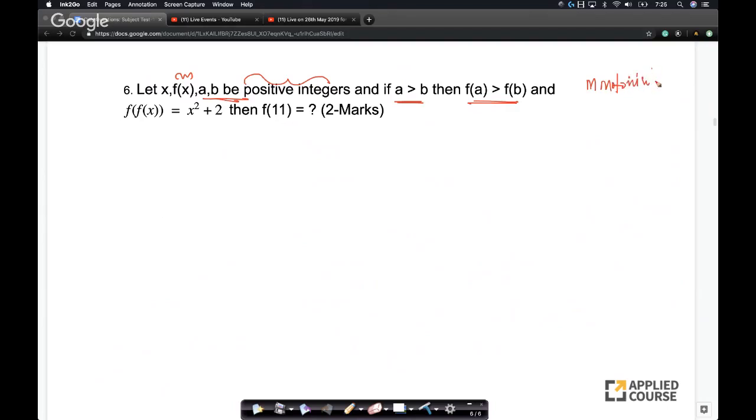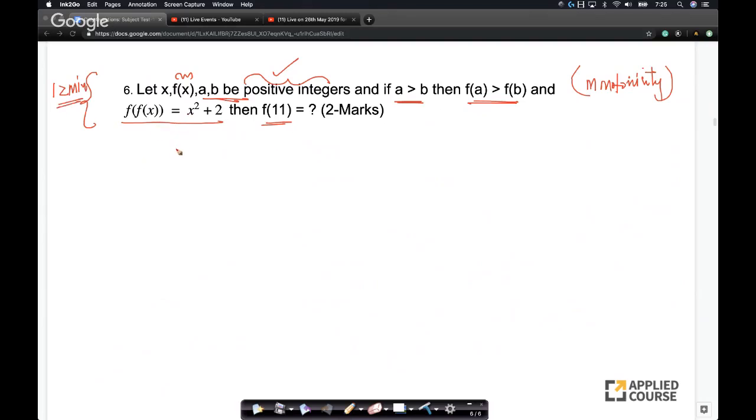We have discussed monotonicity when we learned calculus. Now it says we are also given this. Remember, it's a function on positive integers. It follows monotonicity, and it is given this. Now the question is, what is f of 11? Okay, so this is slightly tricky. So let's go step by step. Frankly speaking, I took like 10 to 12 minutes to actually solve this problem. I got stuck a couple of times, right?